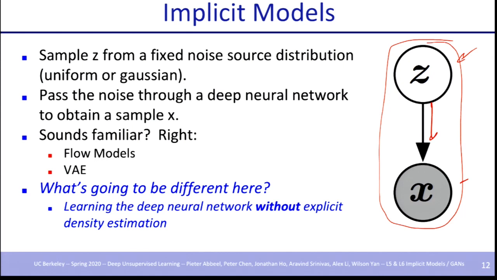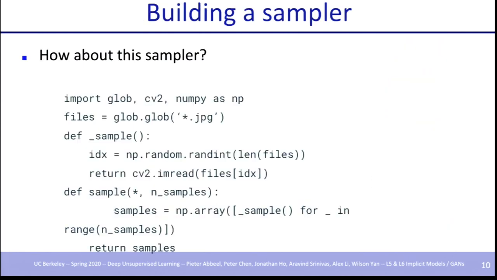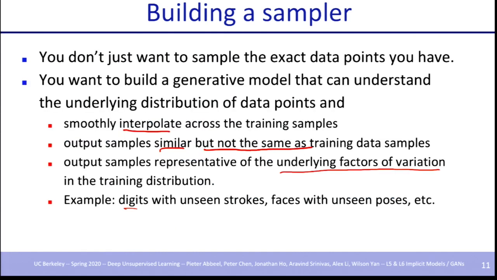Instead, all we're going to have is a lot of samples generated this way. And we're going to compare a lot of samples generated this way with our data. We somehow want the two sets of samples to be close together. And when they're close together, that means your Q phi over here is doing the right thing. So we're going to optimize our Q phi to bring the sets of samples together, while keeping in mind, of course, we don't want a sampler where you just draw data points. You want something that generalizes, that can interpolate, that draws variations on the original data.